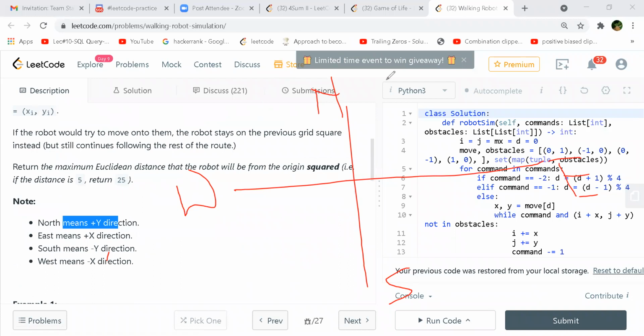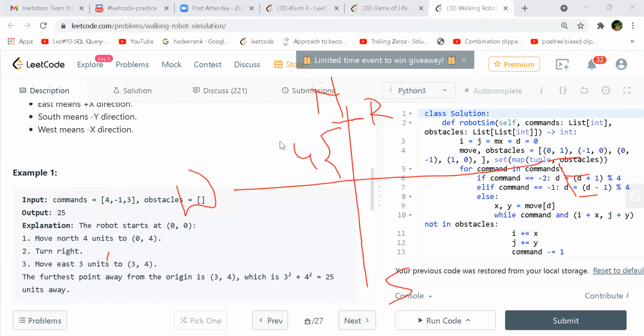So that is fine. But the more important thing is when he's actually going to turn 90 degrees to the left and to the right. So currently the robot is here, right? 4 units from here. The example, if you want to follow it, that is fine. But initially it will be at 0, 0, and then he will be facing north. So if you give 4, then it will walk 4 steps to the north, right?